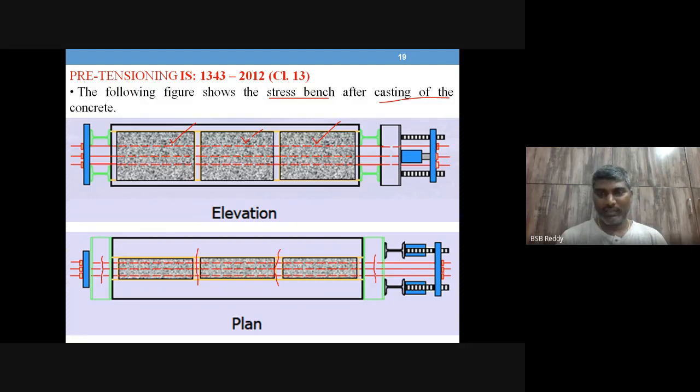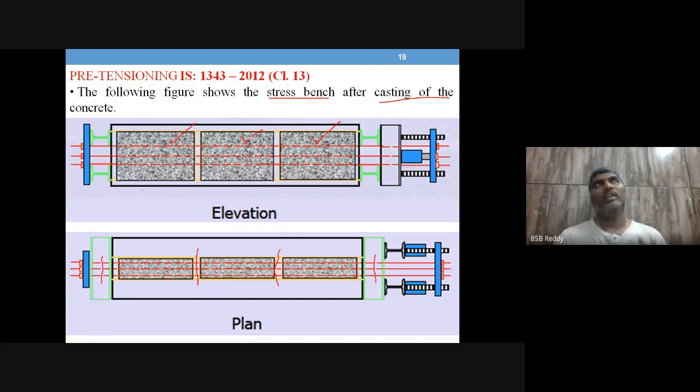If you ask me, I'll answer it is Hoyer's long line method, Hoyer's method or long line system. It has such names. Okay. And the other thing is we have talked about replacement of